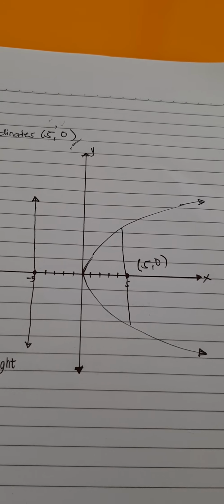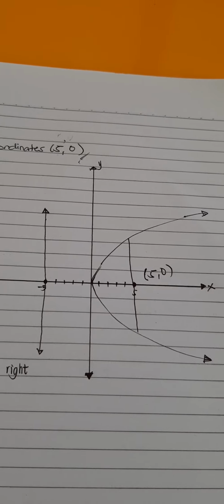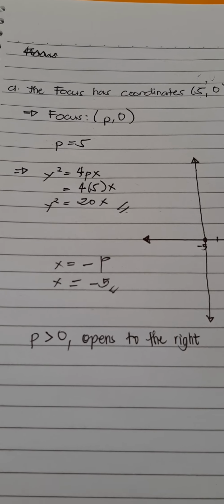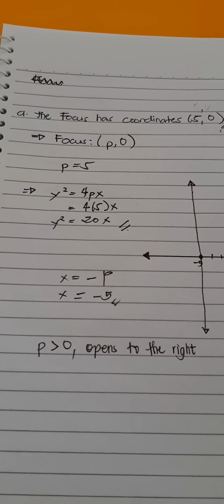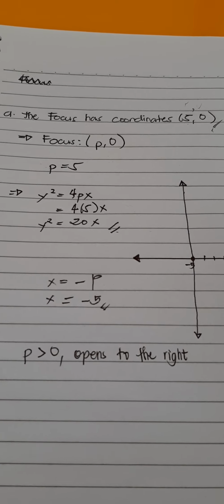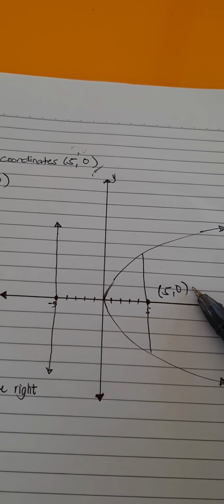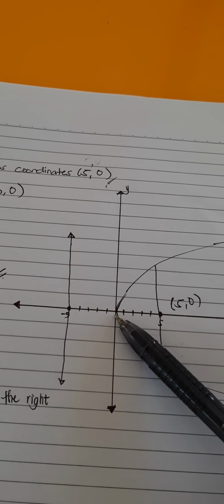Now we have the graph of our parabola, but take note that in order to determine the opening of the parabola, we have to note the value of p, whether it is less or greater than 0. Here we have 5, therefore p is greater than 0, and the parabola opens to the right. So we have to plot the points. We have (5, 0) for the focus, and for the directrix, we count another 5 units in the opposite